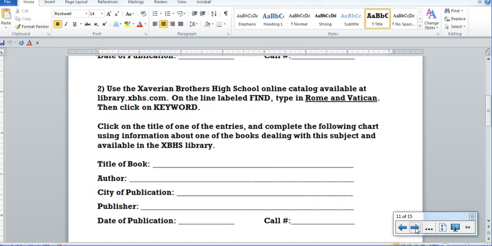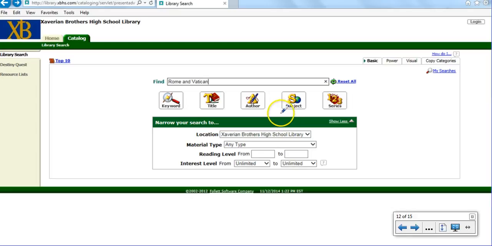Let's move on to number 2. Again, you're using the same page in the library. You're using the catalog page. And this time you're going to do what is called a keyword search. And you're going to use this term right here that we've given to you. So go back to this page, and you type in Rome and Vatican, and then you select keyword to start